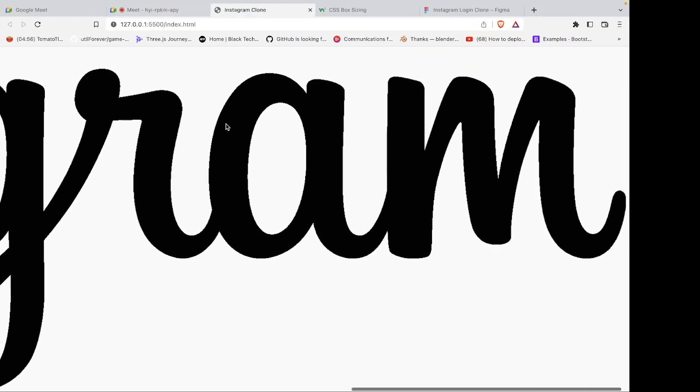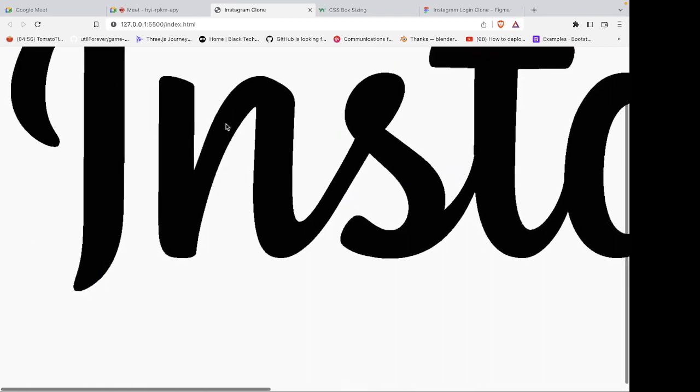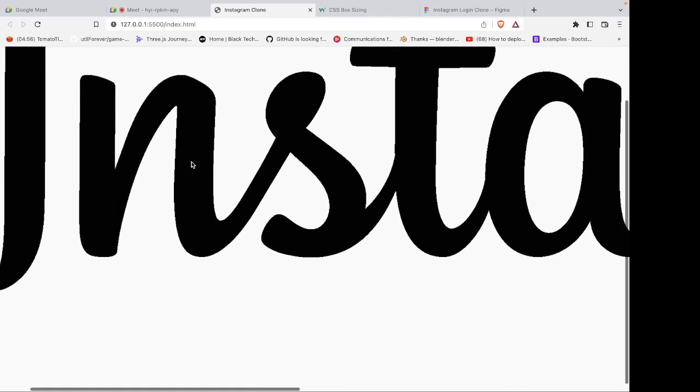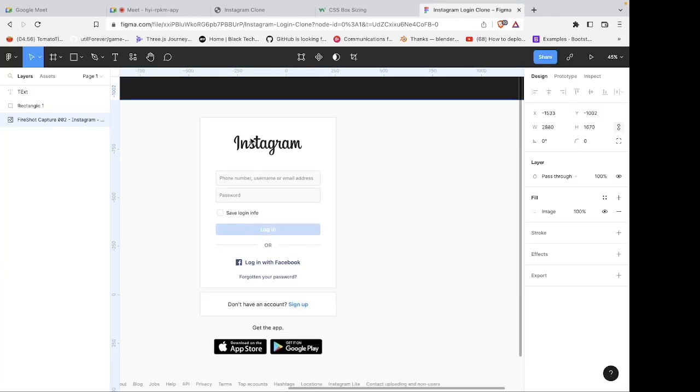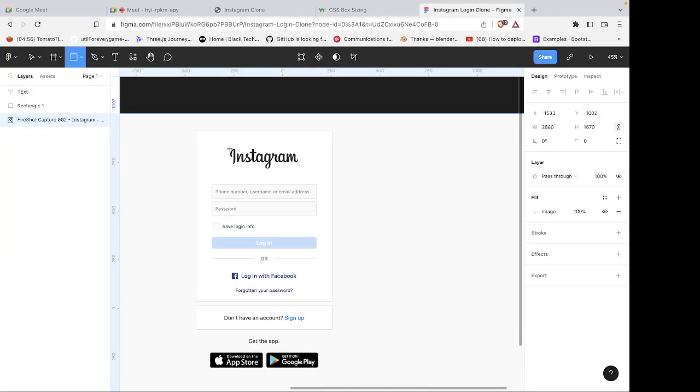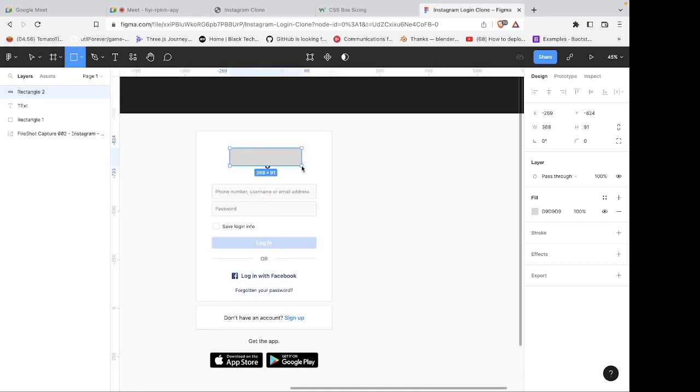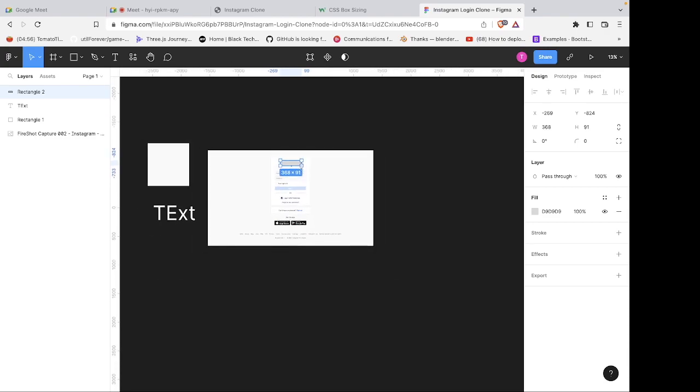All right, so if you notice now, the logo is very, very huge, right? So I just want to get a rough estimate of how large it is here. Again, I'm using Figma, although this might not be accurate because the picture is